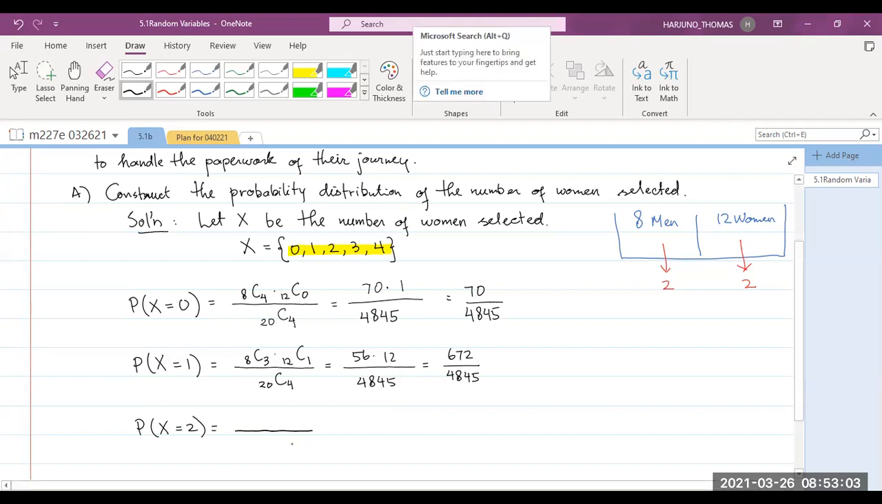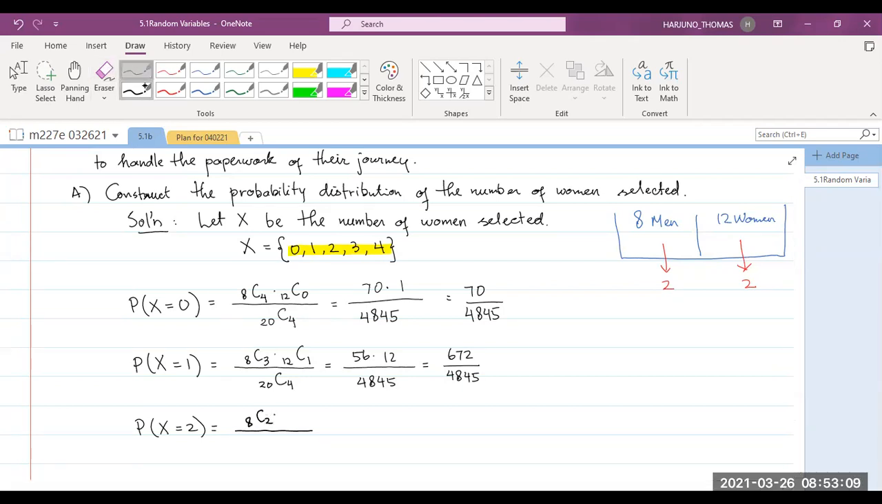A choose 2, that's right. That's for the number of ways we select men. And then 12 choose 2. On the denominator, we get 20 choose 4. That's right. Now, when we compute this, 8 choose 2 is 4 times 7, 28, times 66 over